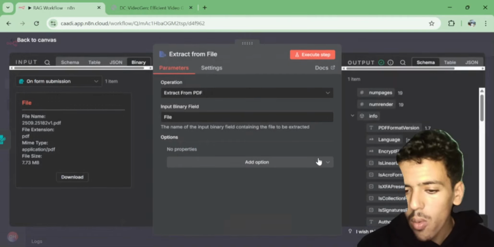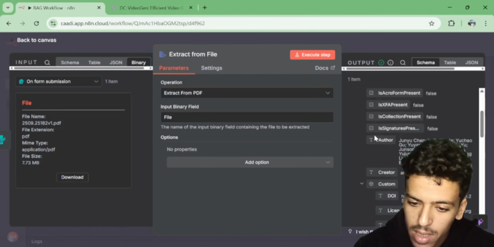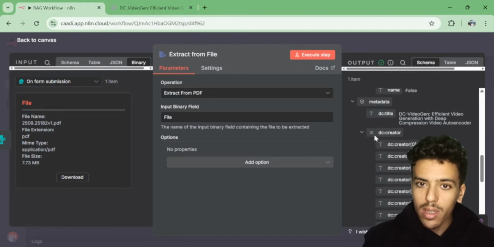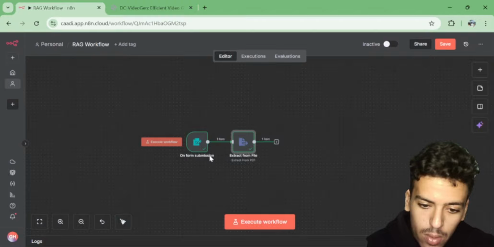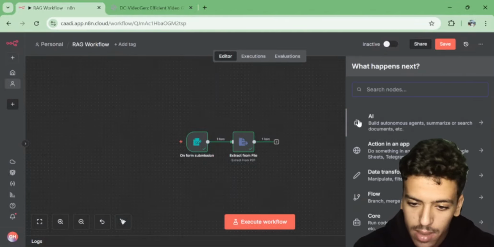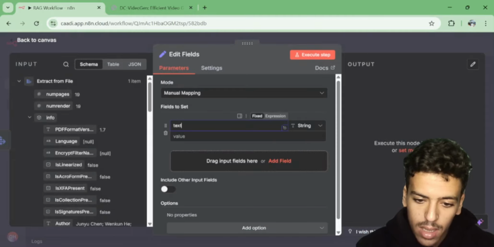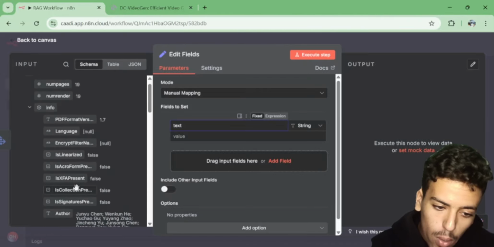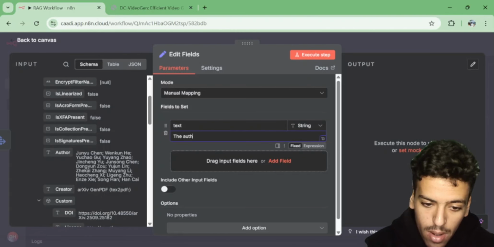Next, what I want to do is I want only to read the content. Okay, as you can see, we have a bunch of data, right? So we want to make sure we add everything into a single string instead of this nested JSON file. That's what I'm going to do. So I'm going to click edit. So we'll create a field, and let's call it text. Okay, it's a string. So what I will try to join all this information into a single text. So we'll say the authors are